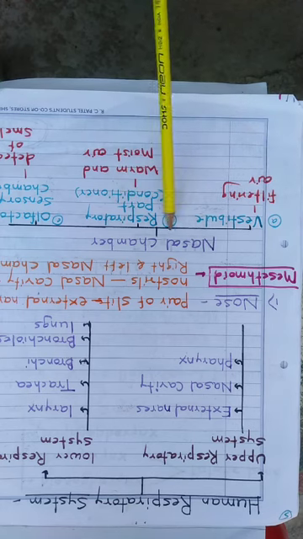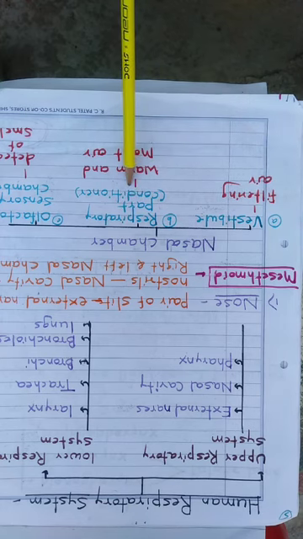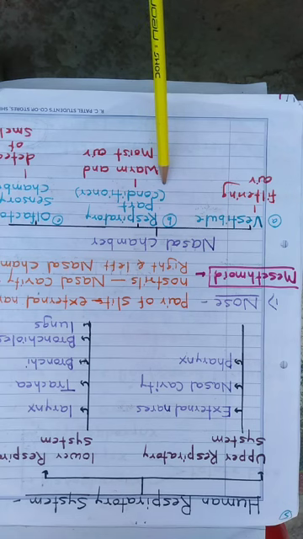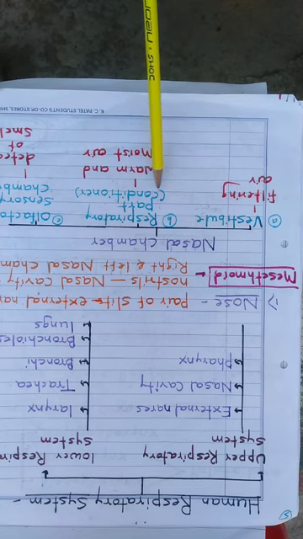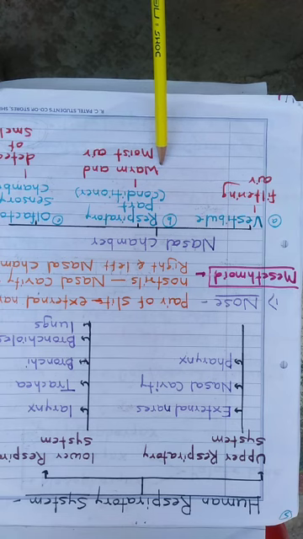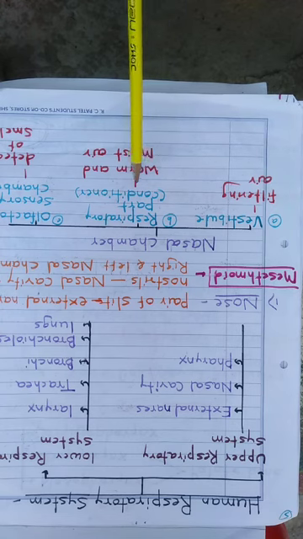The second part of the nasal chamber is the respiratory part or conditioner. It is the middle part. The respiratory part is thin and highly vascular. Highly vascular means the organ has a good supply of blood vessels. Now what is the function of the respiratory part? The air, while passing through this part, gets slightly warm and moist. That is the function of the respiratory part or conditioner.